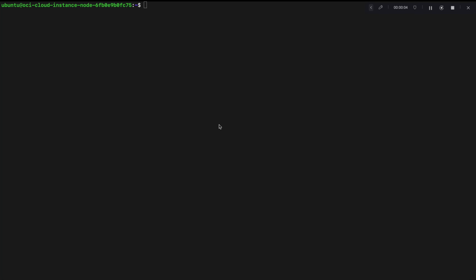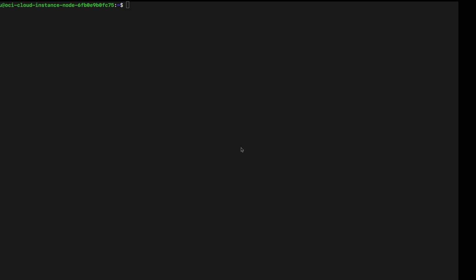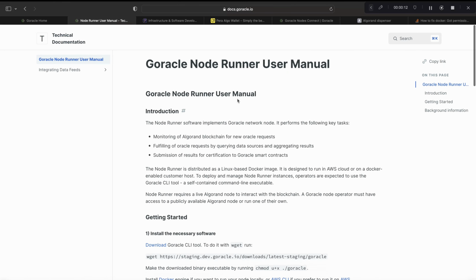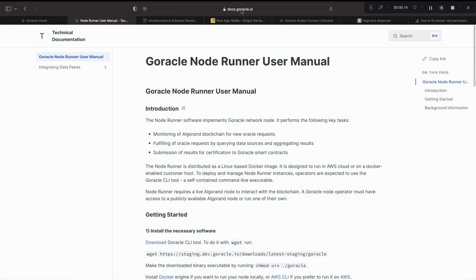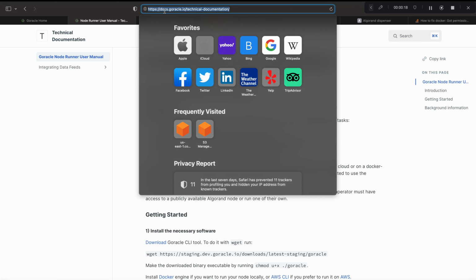We are going to run through the Goracle node setup today. So I have an OCI instance. This is a clean VM running Ubuntu. And the first thing we want to do is locate the Goracle documentation. Technical documentation, it can be found here at